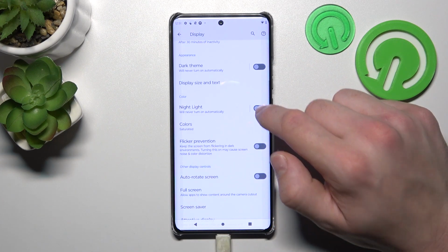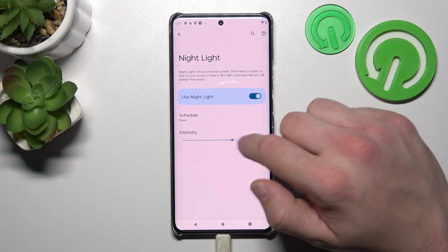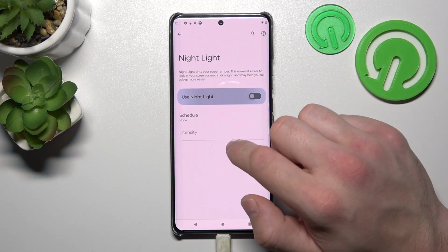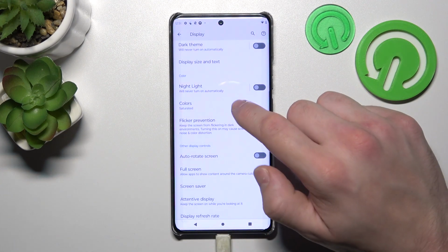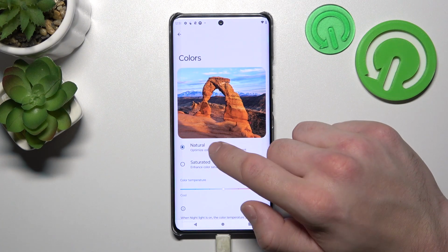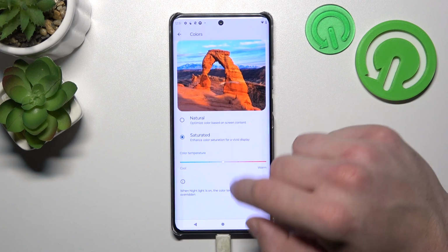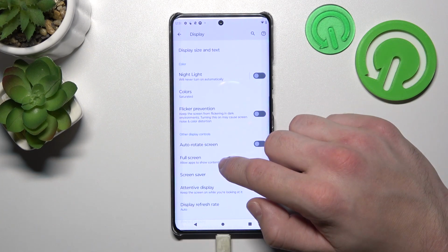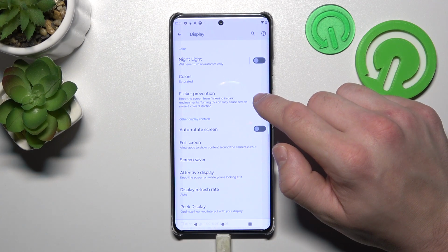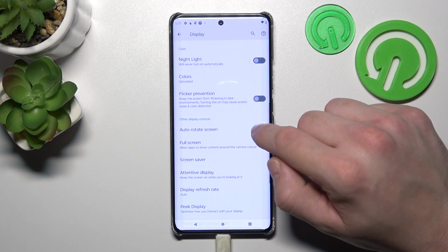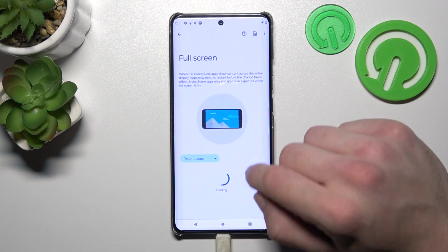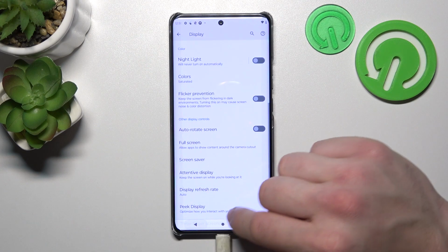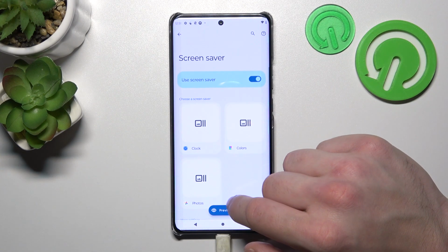Then you can enable night light and also schedule it and adjust it. Then you can enable colors between natural, saturated, and you can change color temperature. Then you can enable or disable flicker prevention, auto rotate screen, enable full screen mode for apps, you can set screensaver,